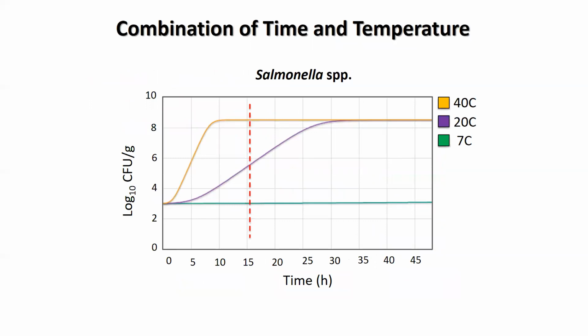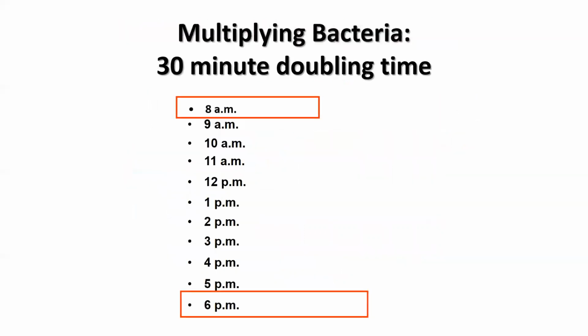This is the same graph I previously showed, but with an increase of time. The red dotted line shows where the time on the previous graph ended. You can see that if we extend the amount of time we hold food at 20 degrees Celsius, at approximately 30 hours, we have the same level of salmonella in our food as when we held at the optimum temperature for 8 hours. Just to give you another example of the importance of time, if we have a bacteria in